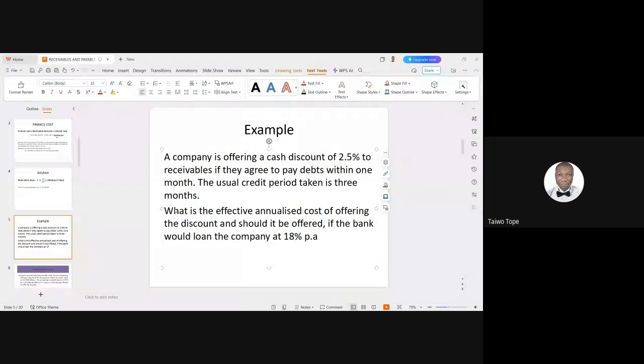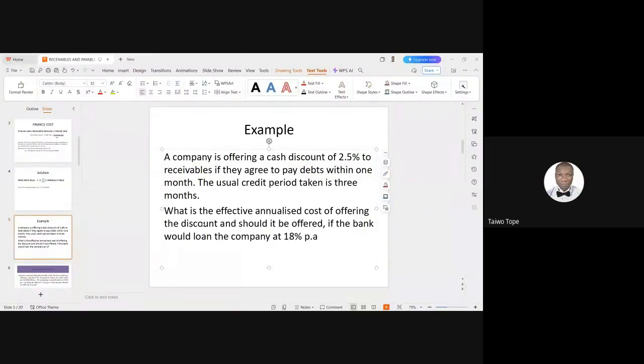So how many 2 months will you get in a year? How many months make a year? The question is referring you to months. Within 1 month, within 3 months, isn't it? How many months do you have in a year? 12 months. So 12 divided by 2. How many months will you save in a year? 6 months. Yes, 6 months.